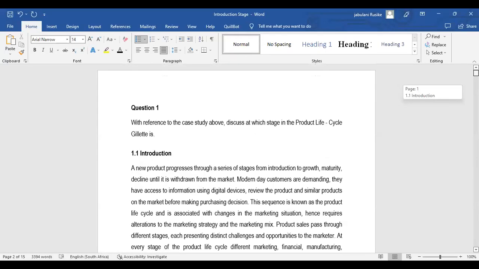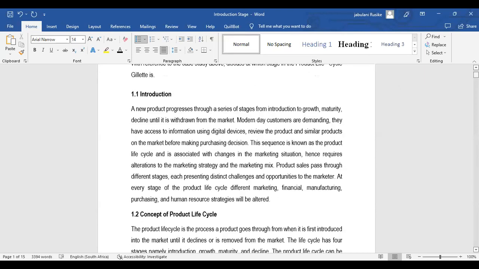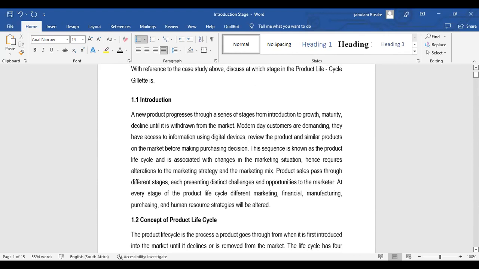Right, here we go. First of all, we have to look at the structure of our essay. How are we going to structure our essay? Number one, we have to come up with an introduction. An introduction is very important because it informs the reader, or whoever is going to mark your paper, what you intend to say in the essay. People have got different styles of writing, so as a general advice,